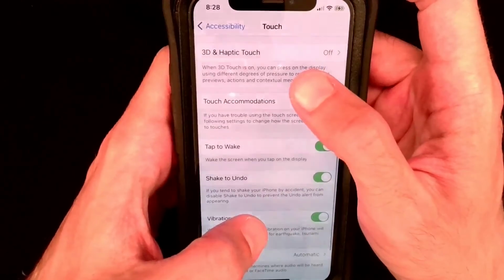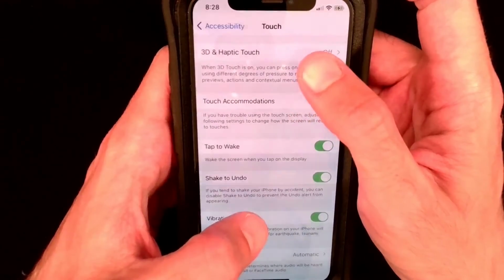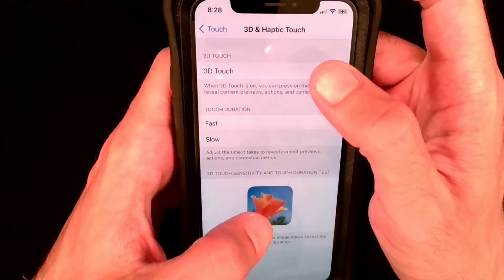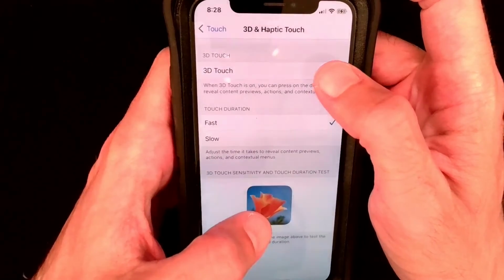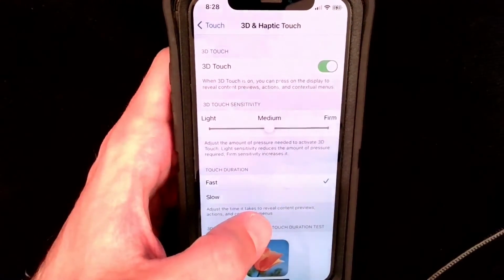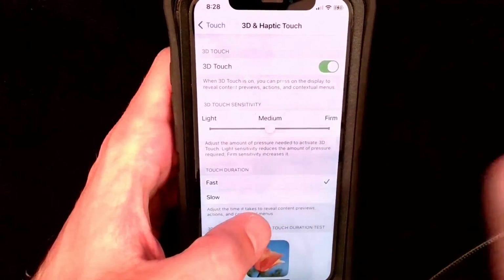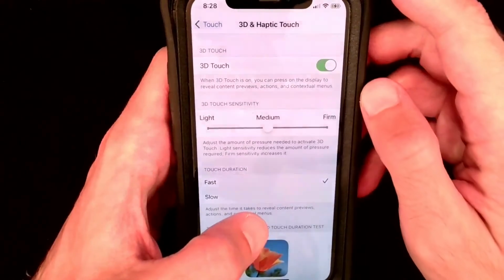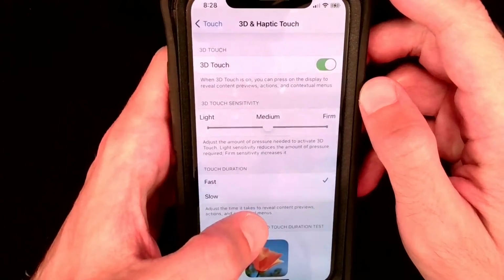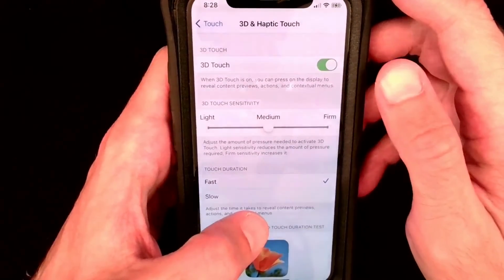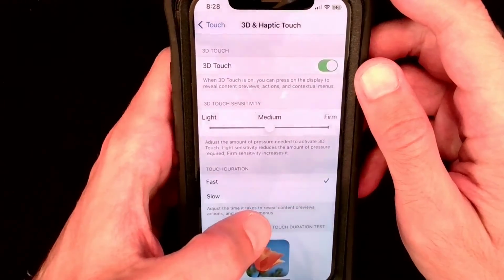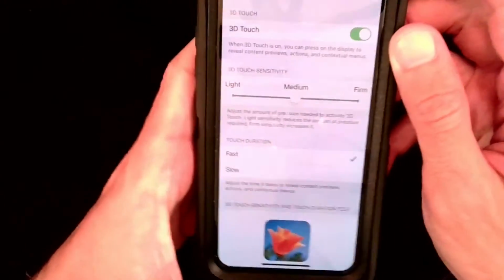You'll be presented with a screen with a 3D and haptic touch submenu. Tap to expand that submenu and it will show a switch button for the 3D touch feature. Press it to switch it on if it's not already. It should become partially green with a circle to the right if it's on. If it was already on, leave it that way. But if your device has screen damage, it may be worthwhile to see if turning it off resolves your problem. But before you try that, try this next step,